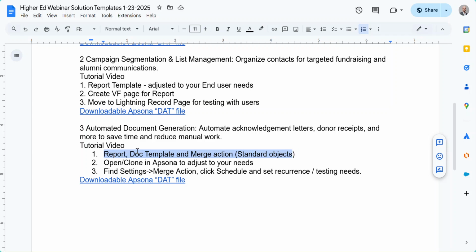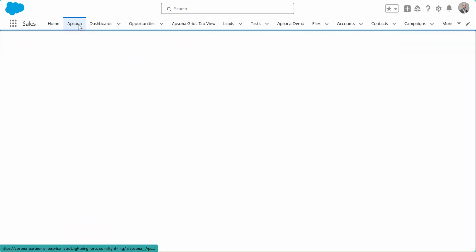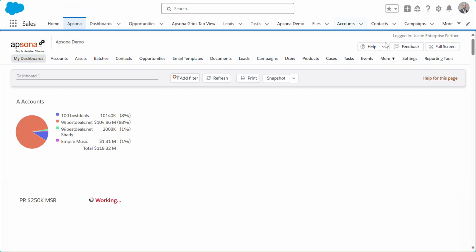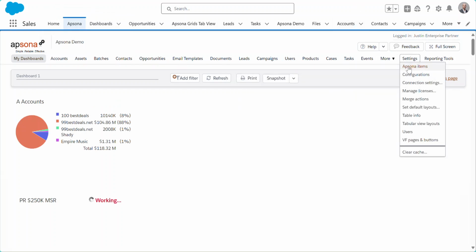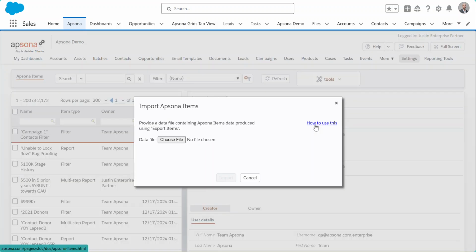I'm going to click on the Apsona tab in my Salesforce environment. And I'm going to click on Settings, Apsona Items. Now these are all of the Apsona solutions that exist in this environment. But if it's empty, that means you just started using Apsona. That's fine. What we're going to do is go to Tools, Import Items. This is going to prompt me to find my data file in my Downloads folder in my browser. Clicking on Choose File allows me to grab that DAT file, and within this DAT file are 4